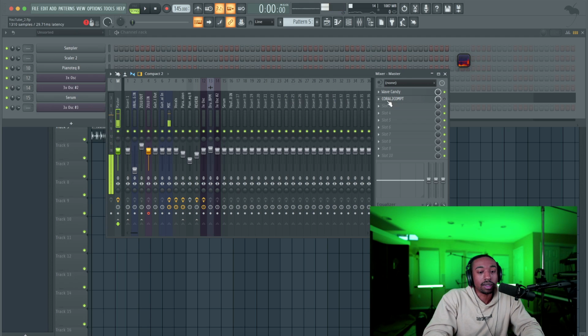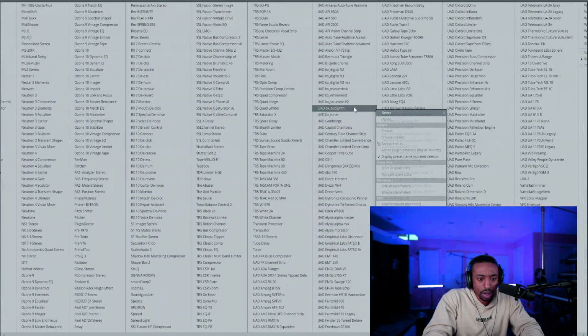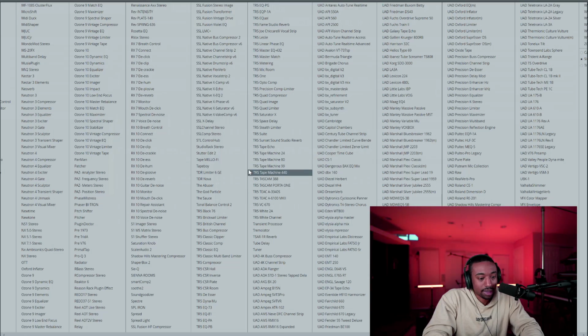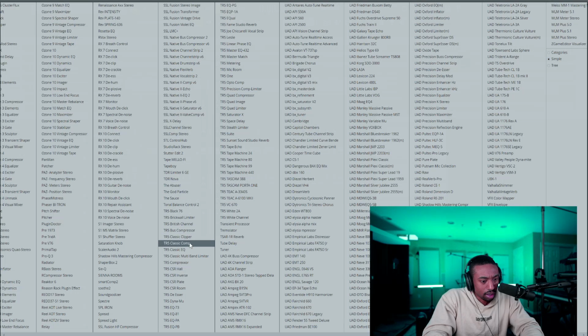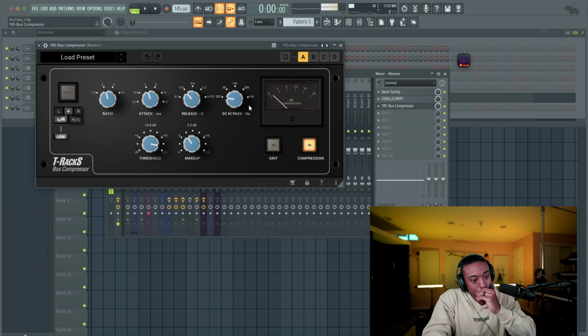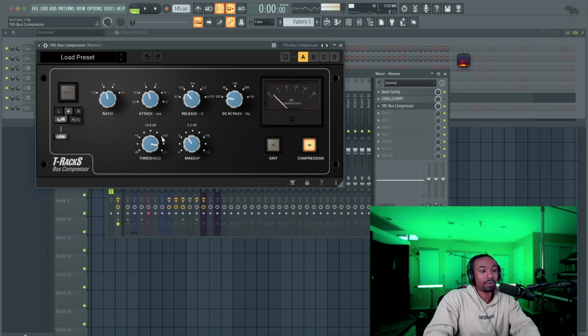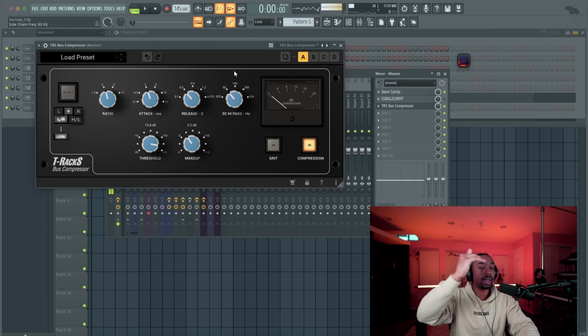So what you want to do is use other compressors, like let's say the SSL bus compressor. These are not stock plugins in FL Studio by any means. Showing this to you. Classic compressor, bus compressor. Here we go. So this is by IK Multimedia. But basically what you can have here is a sidechain high pass filtering to where you're not listening to the low frequencies going into the compressor.